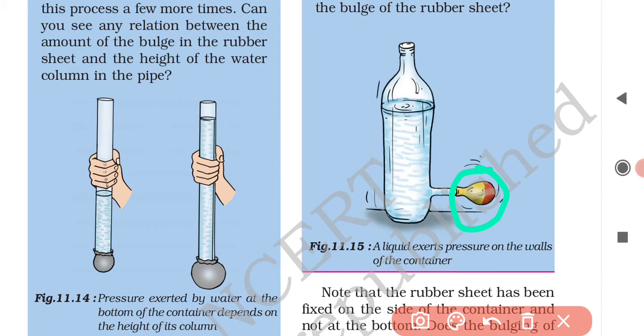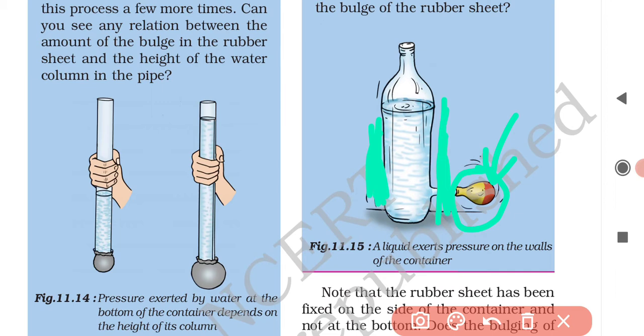Okay, so the bulging out of the rubber sheet tied to the glass tube fixed in this wall of the plastic bottle demonstrates what? It demonstrates that the water present in the plastic bottle exerts pressure on the walls of the bottle, or say the sides of the bottle. So it is the sideways pressure exerted by water which will inflate the thin rubber sheet of the balloon. It is due to the pressure exerted by the water which will inflate the thin rubber sheet and form